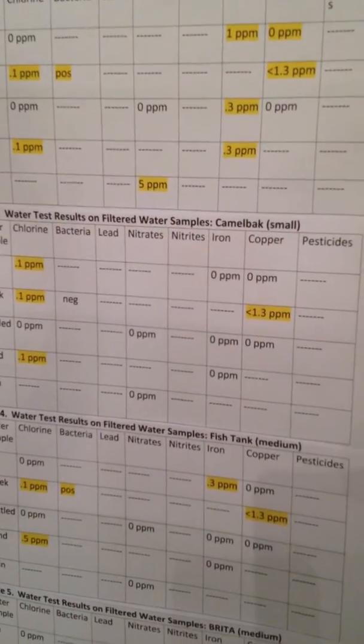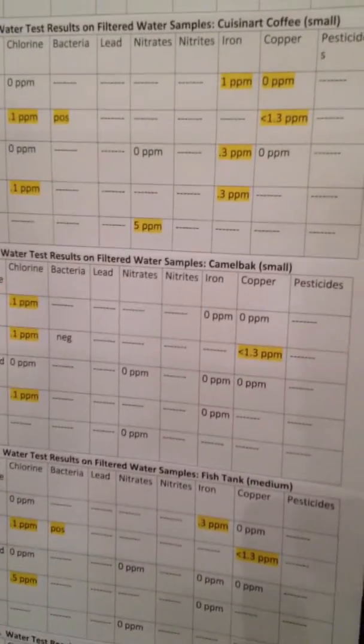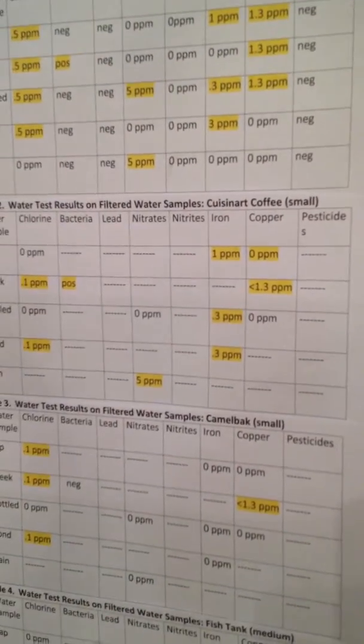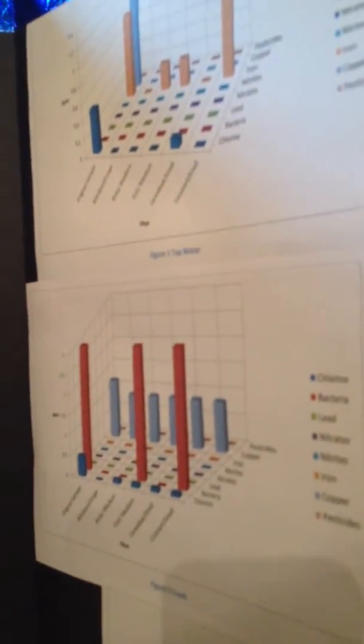Each sample was placed in a test vial, poured over the specific activated carbon filter, and retested and compared against original positives. I believe my hypothesis was supported in that the larger filters produced cleaner results. The larger Whirlpool filter had more capacity to clear pollutants from the water sample. The results of this filter produced clean water for all 5 water samples, with the exception of the repeated test